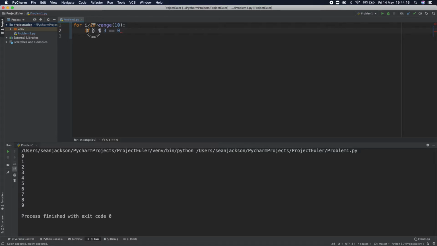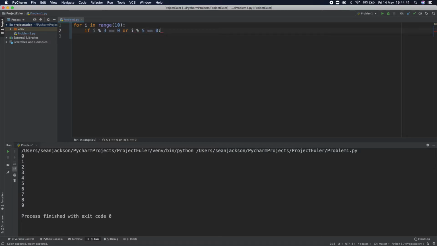So if we had i as 7, for example, 7 mod 3 is equal to 1 because it goes in twice with one remainder. So 7 mod 3 is not going to be equal to 0, which basically says 7's not a multiple of 3, but hopefully we knew that,